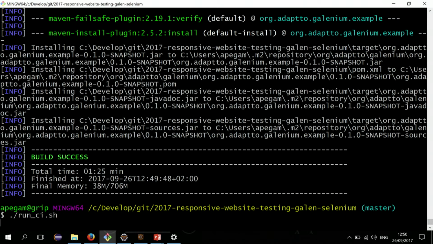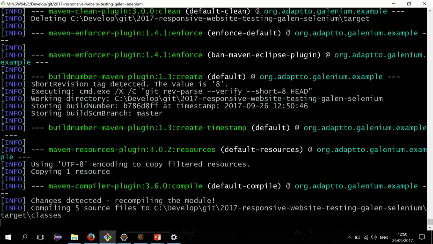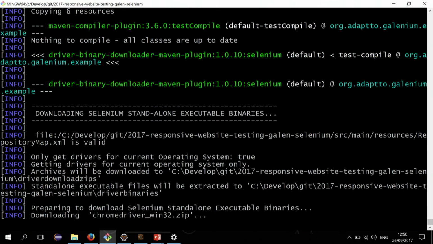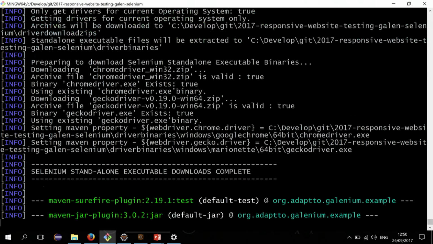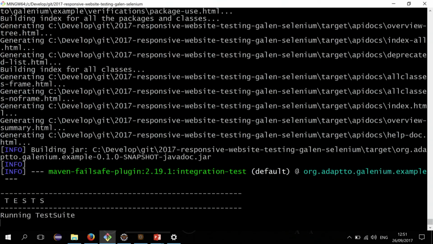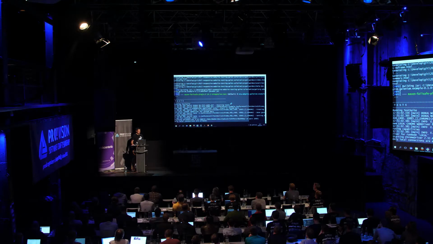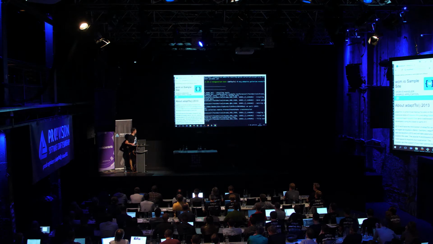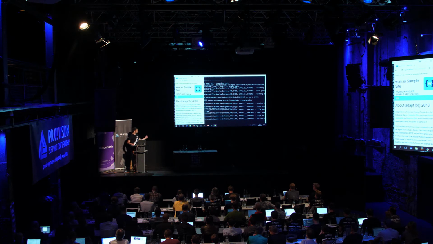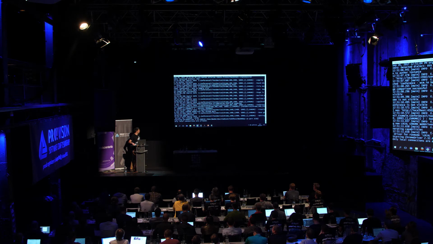So what you can do is tell Galenium, do your thing, which it is doing right now. This is basically the same run we just did before. So it will use the samples. It will download the drivers again. I just couldn't make it stop. But the reporting will only start on info level. This is configurable. It's just like a logback configuration that I switch with a command line,